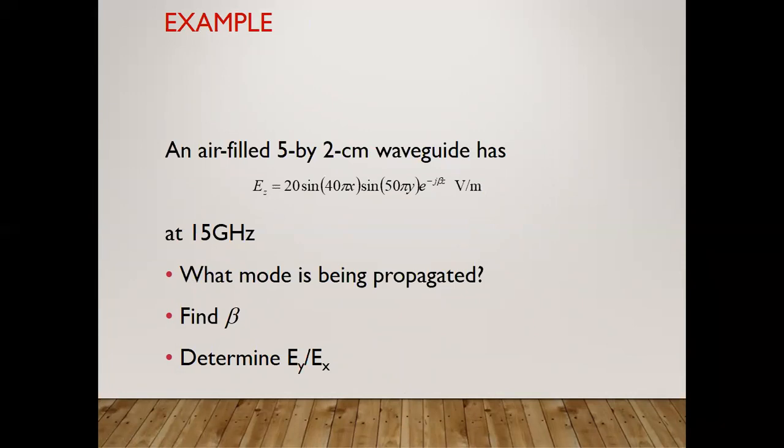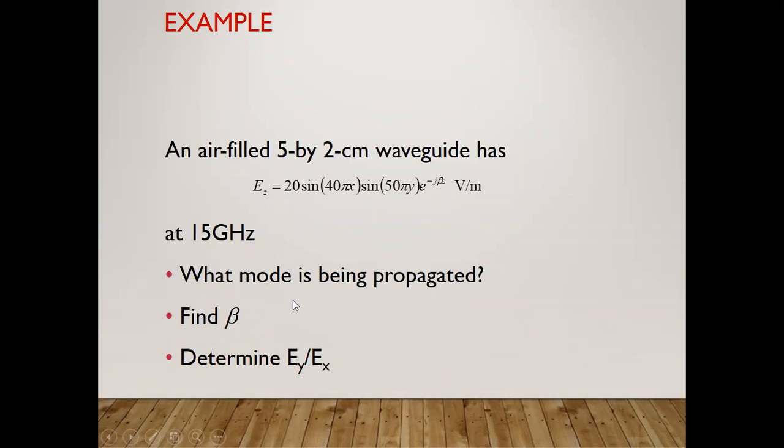If the electric field equation is given in the z direction, at that time also, this is nothing but the amplitude of the electric field, or you can say the peak value, or the magnitude of the electric field. Okay, the sine and the cosine you can take in exponential form. That is possible, and you measure all these things in volt per meter at a particular operating frequency of 15 gigahertz.